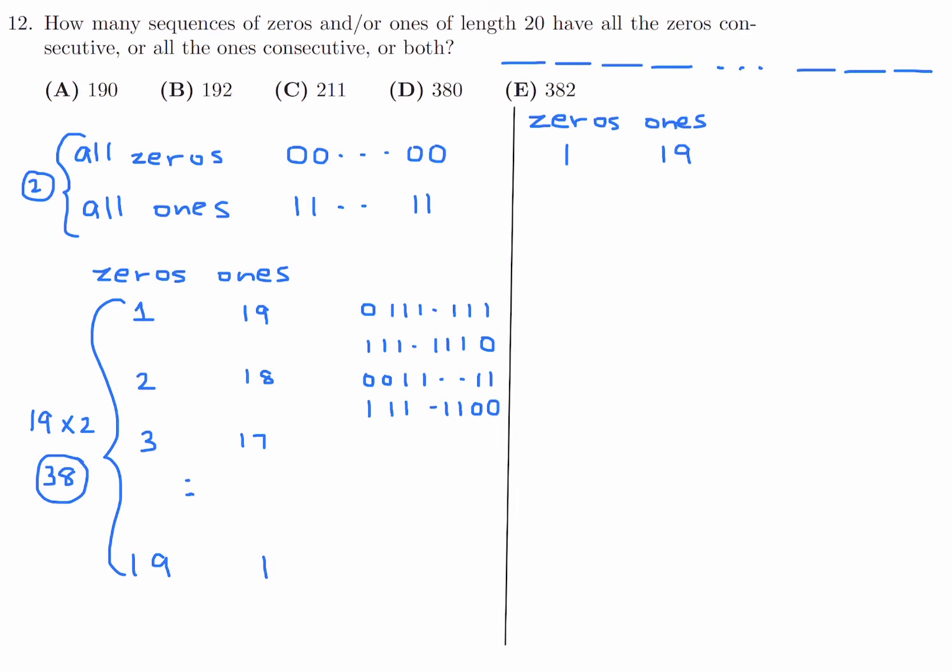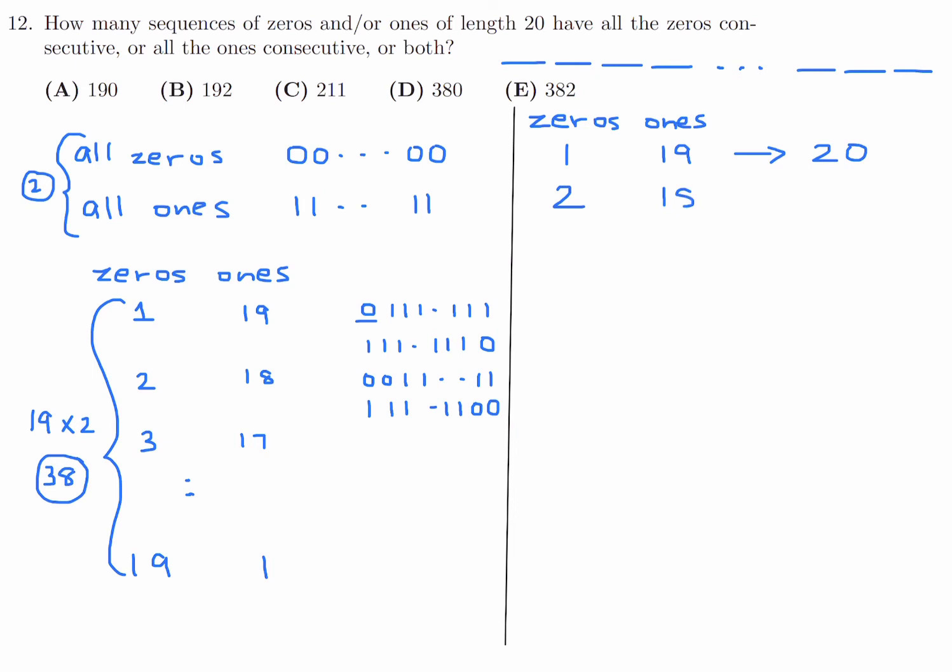Well, there's 20 for this particular scenario. Right? The 0 can go any of those places. Now you might say, well, doesn't that count these also? And the answer is yes, it does. And that's why at the very end we have to subtract this number, because we're going to end up overcounting. Now for 2